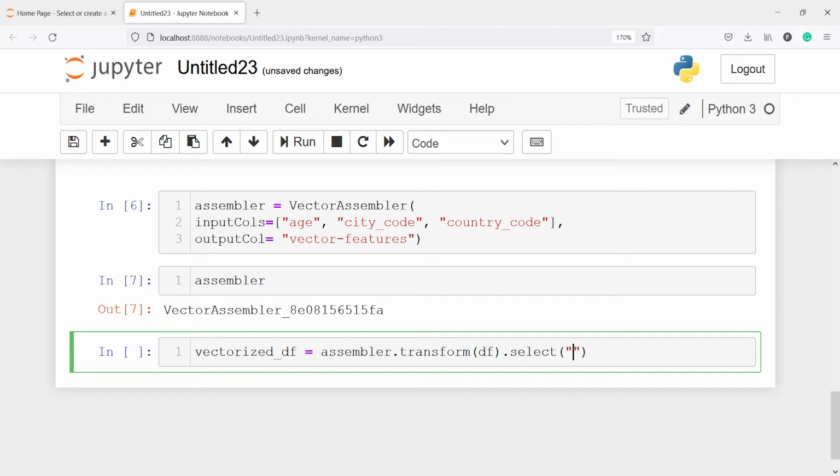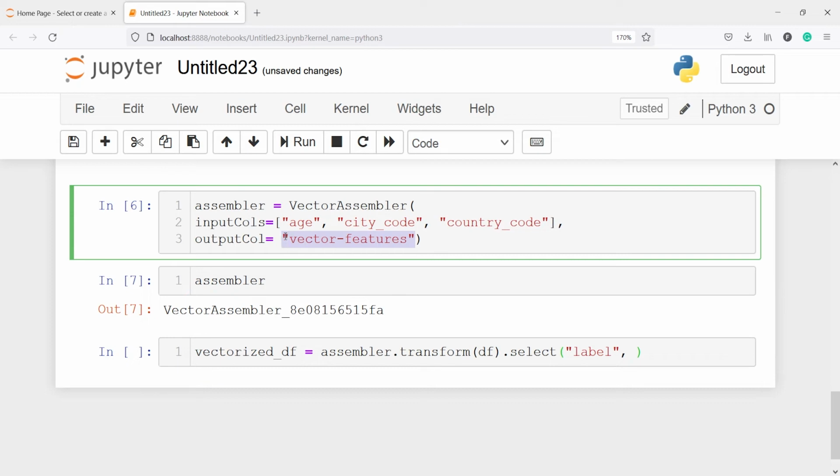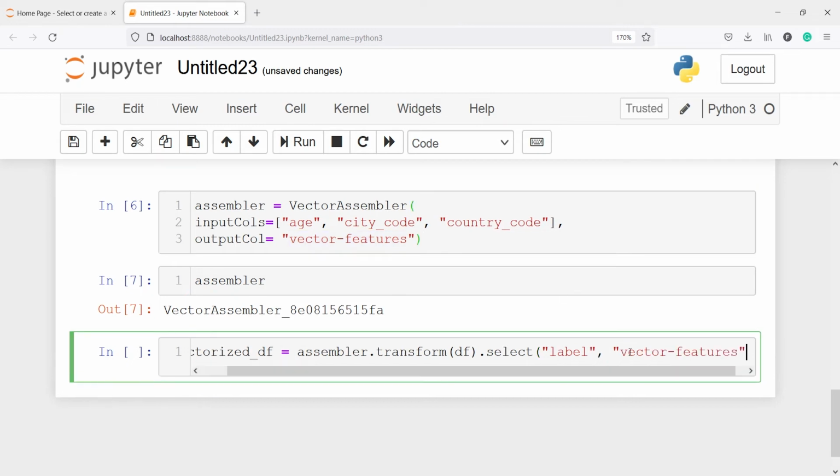First we want the column label because we want to find the chi-square test with this label. Then second we want all the independent variables that are saved here in this output column vector features. I'll copy this from here and paste it here. Now in this vectorized_df we will have this label as well as our independent variables.